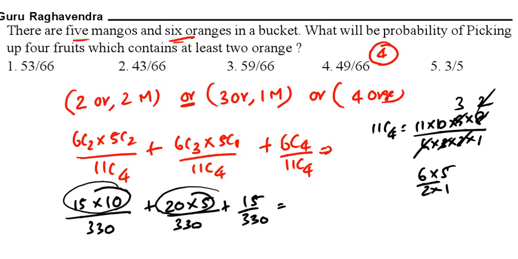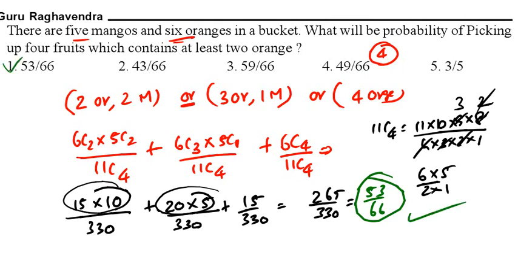If you do this, 4 sevens are 28, so 7, and 14 fives are 35, so 7 by 2, that is 2.5. So 7 minus 2.5 is nothing but 4.5. 4.5 is nothing but 9 by 2. So which is the correct option? 5 km per hour is the correct option.